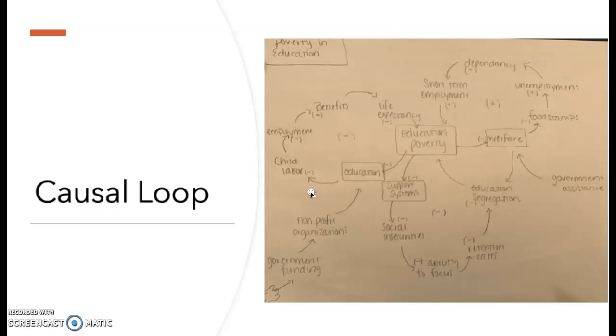And by doing that, we can decrease this education segregation that's going on in the country. And that kind of just loops back into educational poverty. So I think that this is also a good system that we could implement for a long-term solution. But like I said, having a support system would be impacted in very different ways per person, per family, per area, per school district. I mean, so many other factors go into that.